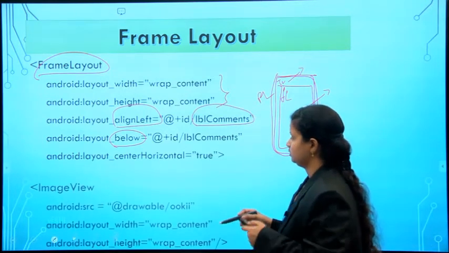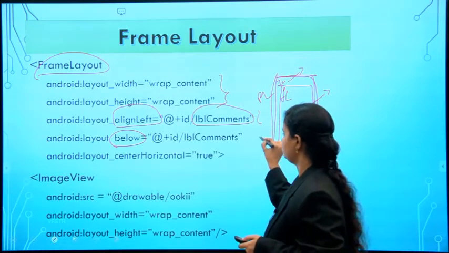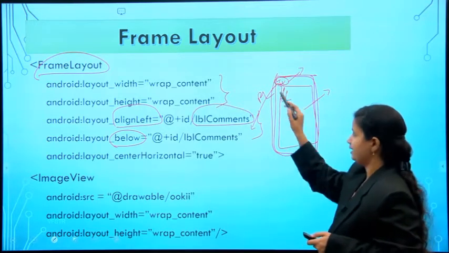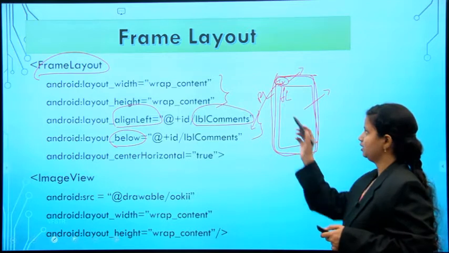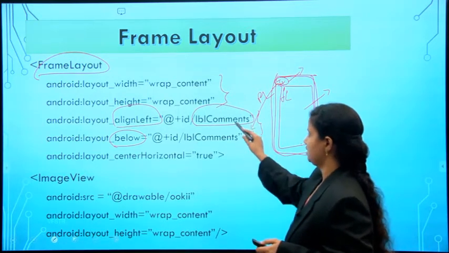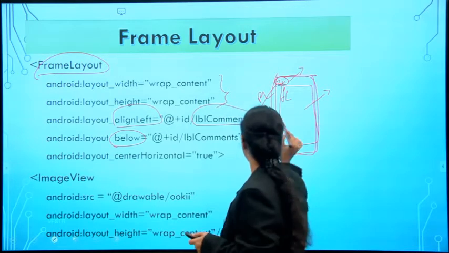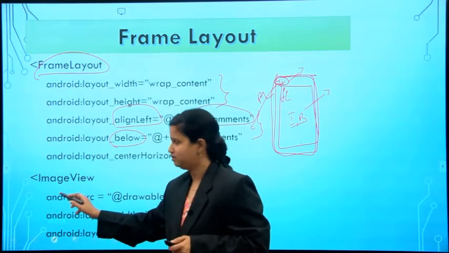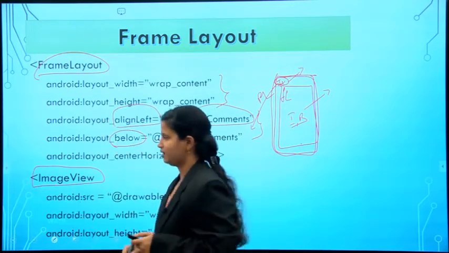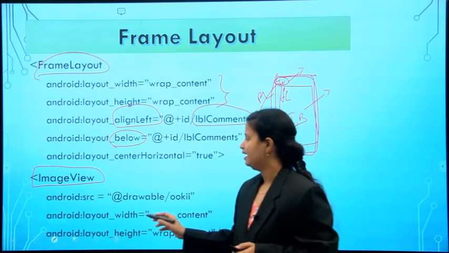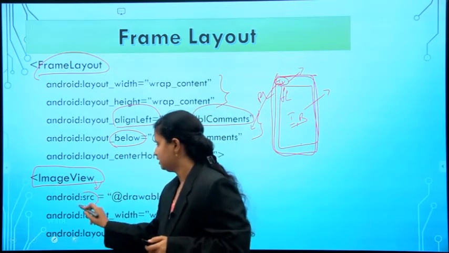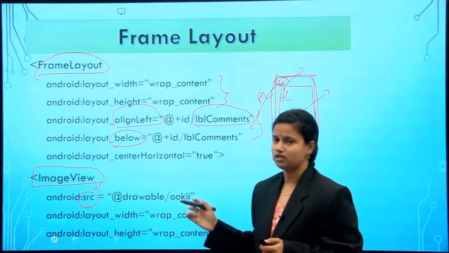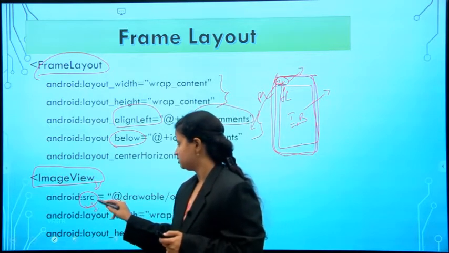Just see that one. The ID we have to pass is that of the text view. That means with reference to the text view we have to add a left position and a below position. So that's why we have to pass the ID of the text view. After that, within this frame layout I want to display an image and a button. So we include the image by using an image view tag. To add your images we have to use an image view tag, and for that image we require one property, introduced as SRC. SRC is nothing but the source location, the source of this image. So that image is to be passed here.